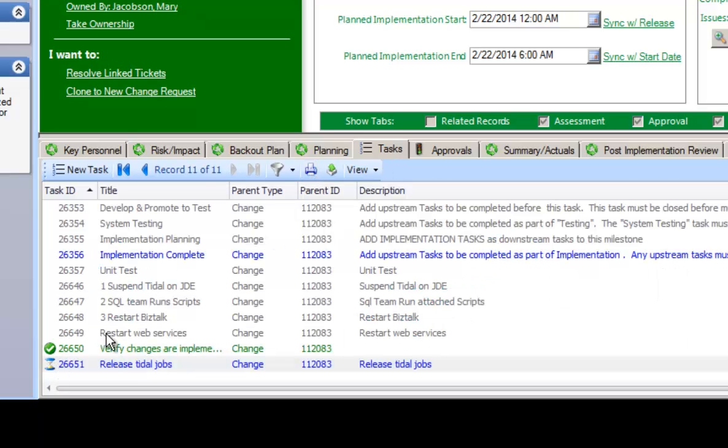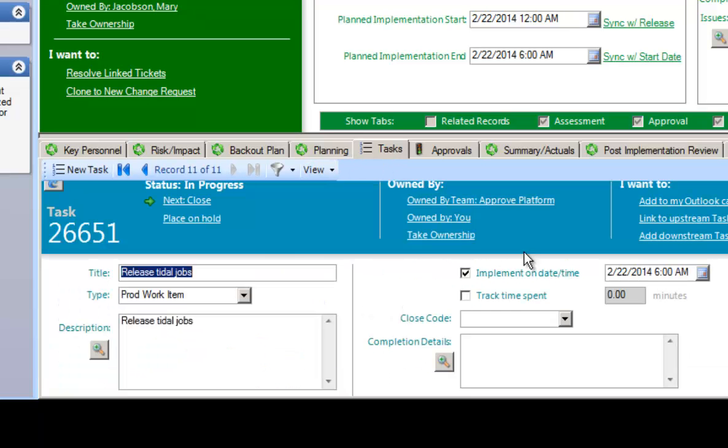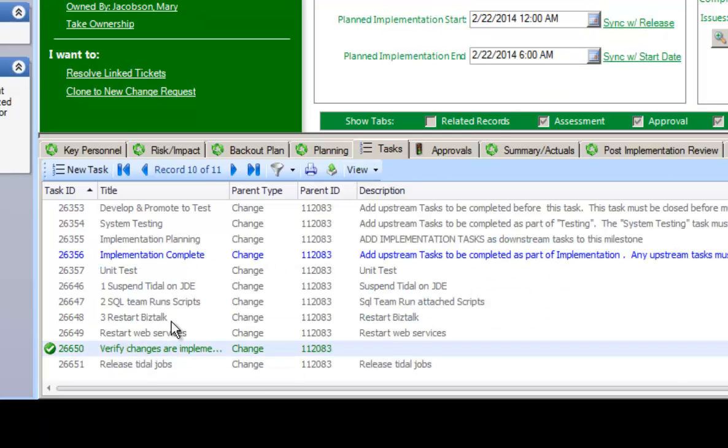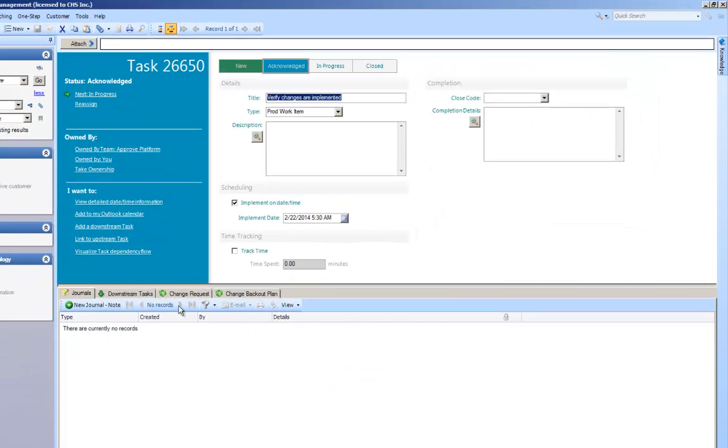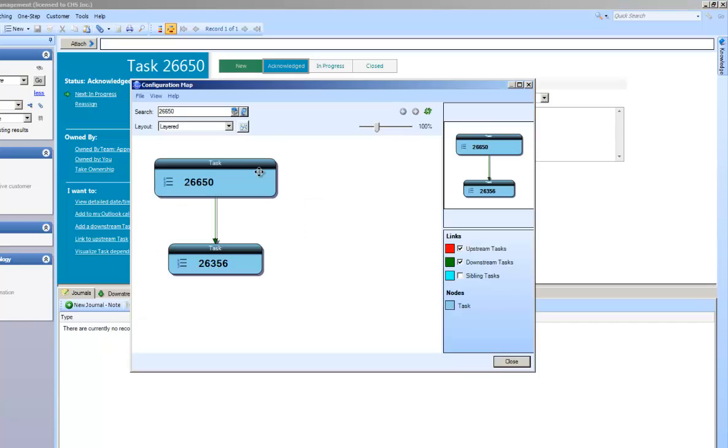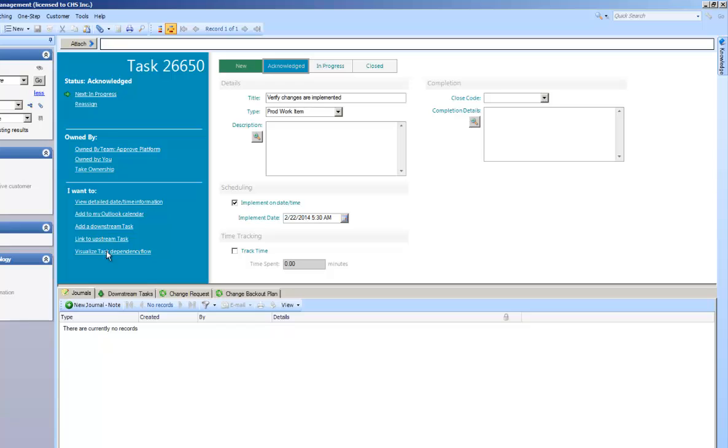The final non-linked task is release title jobs. And finally, we hit our only dependency. We'll open that one up and look at it in full screen mode. And we can see that we have the dependency between that and the other item. We can go ahead and move that one into the in progress state. Check that everything is working,